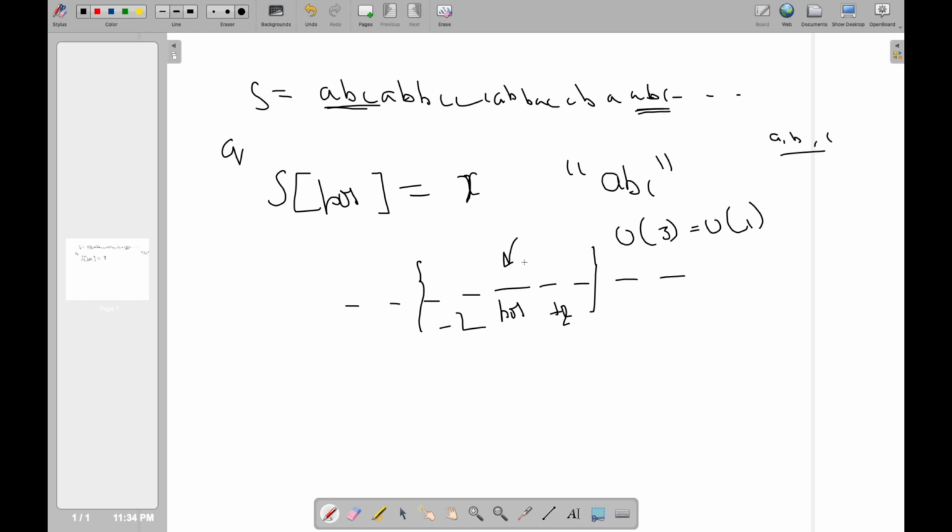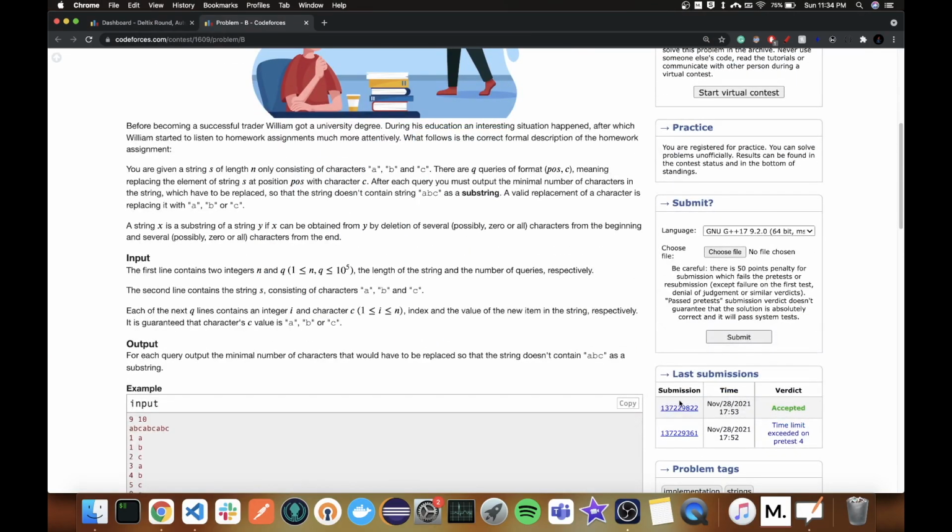So what we can do is initially pre-calculate the number of occurrences of ABC. This would be O(3n) or O(n) or whatever you want to use. Now after every operation you update the element and recalculate for this -2 to +2 vicinity, and doing that you can get the solution.